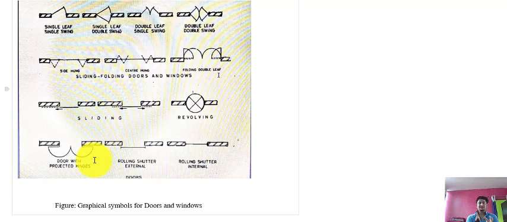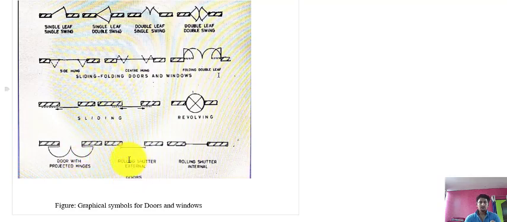When you provide projected hinges, your door can move from here to here and open from 90 to 180 degrees. That type of door is known as having projected hinges. Its symbol is like this.